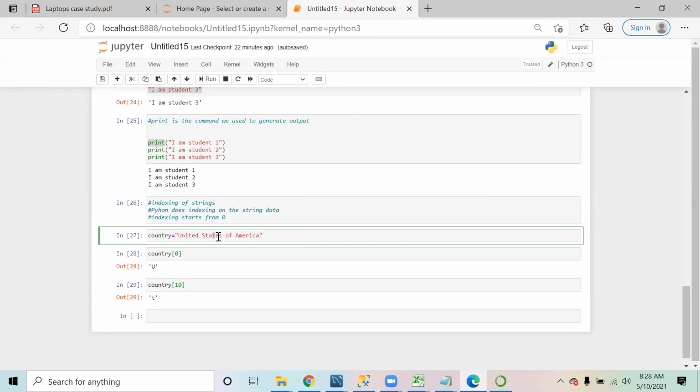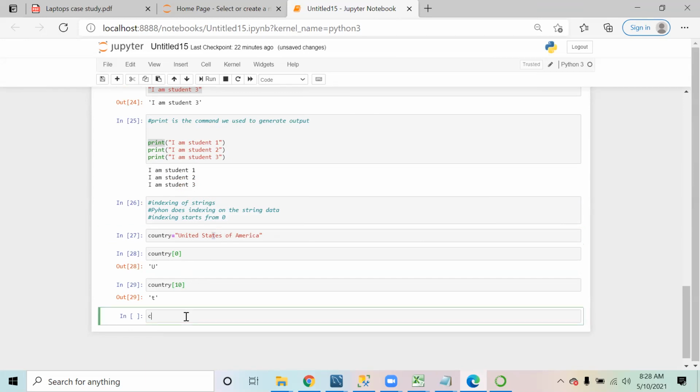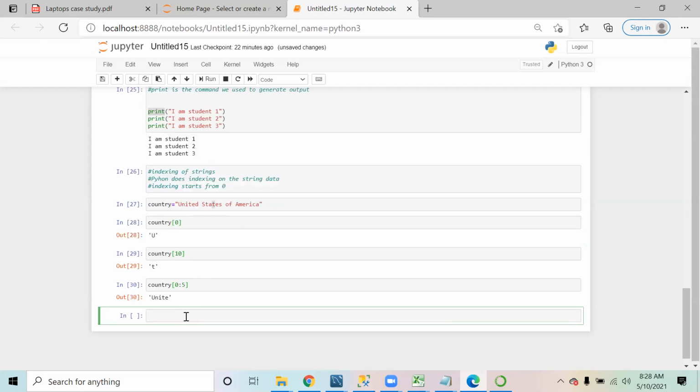If you want to extract multiple data values, you can say country and pull the data starting from 0 up till the 5th position. It will start from 0 and go up till the 5th position.